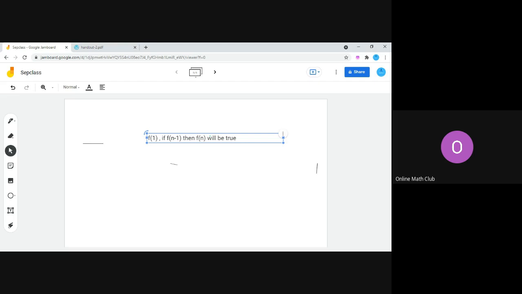Assuming f of n minus 1, we're assuming something, so there's practically extra power, because we're assuming some statement, and using that we're trying to prove something else. It's the same with proof by contradiction too, right? You're assuming something is true and you're showing it's not true. So when you're assuming stuff that might or might not be true, you're actually giving yourself extra power, because